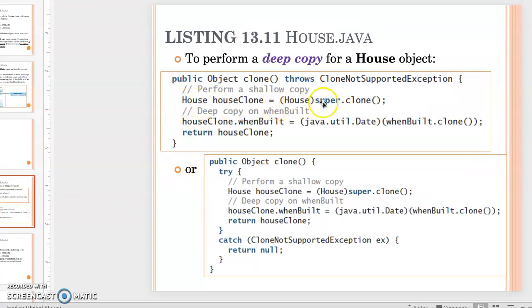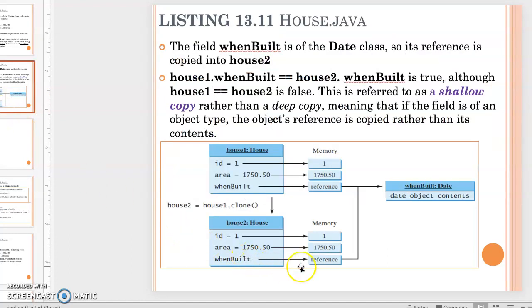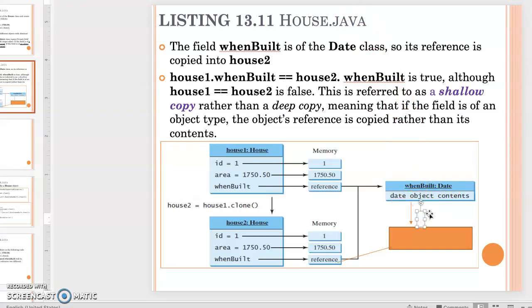I can still call super.clone, so I have my house clone reference. But after you have this reference, we need to find a way to clone this date object. I need to call the date object to clone another date object. Then I use this reference to refer to this new date. After we do that, then we can really have a deep copy, because after you clone another date object,